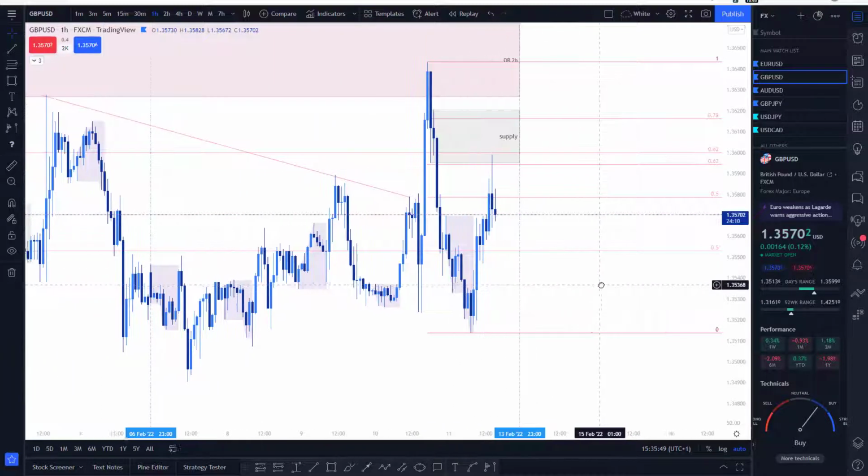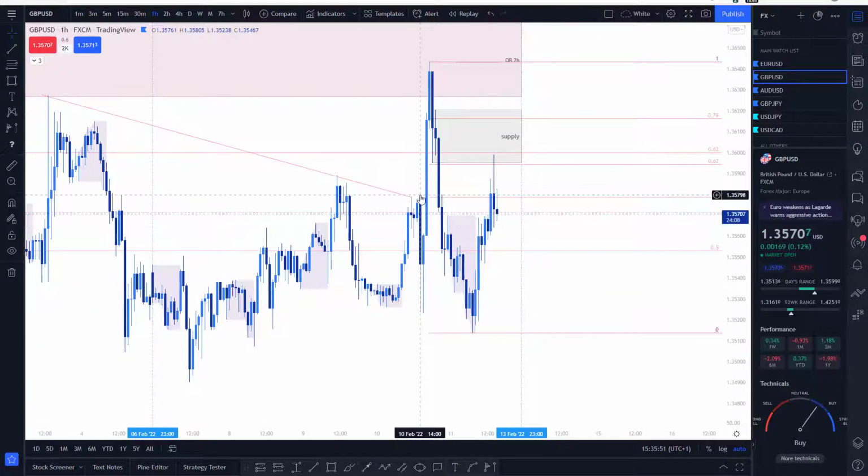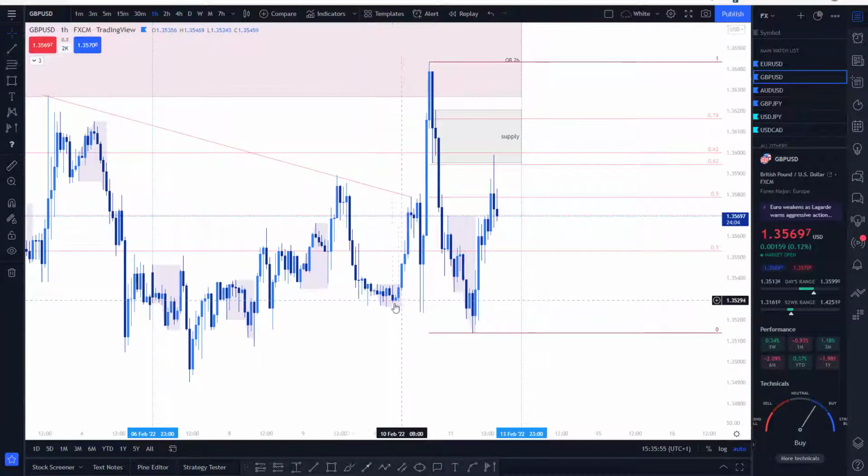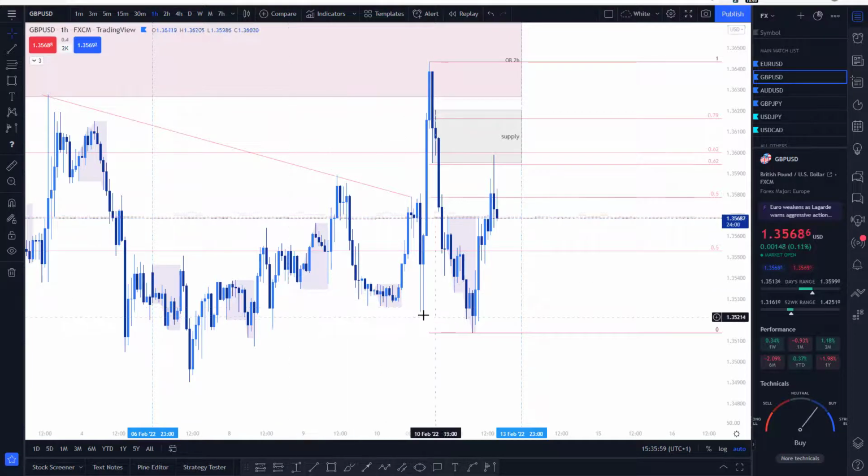The initial reaction to the news was bearish. It just took liquidity below these equal lows here. It tapped in some OB here, and then a very bearish, bullish reaction to the upside,